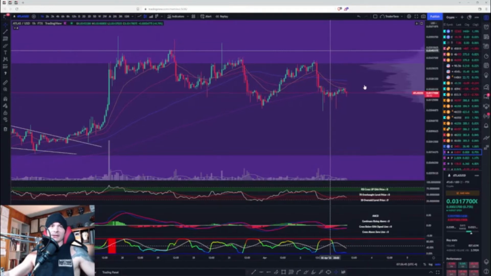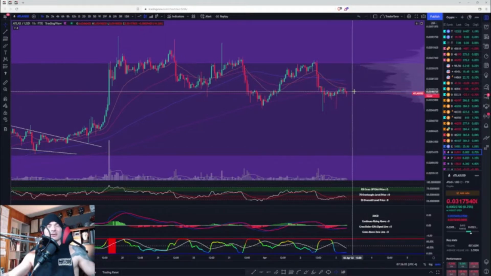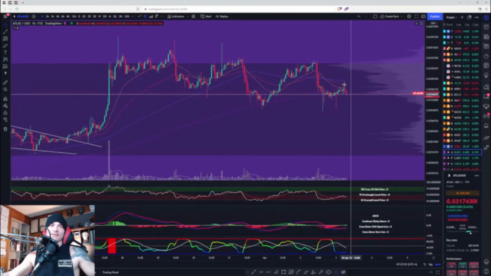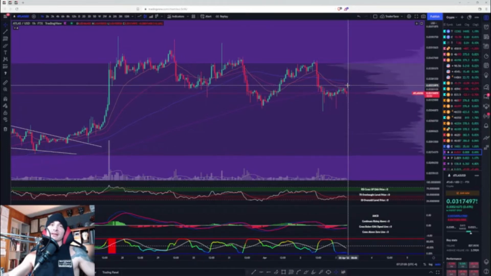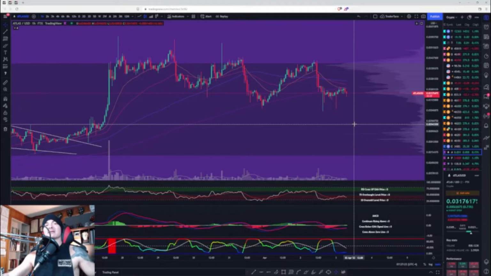Volatility is very low, so I would expect this next move to be pretty big. Honestly, Atlas looks 65% bearish, 35% bullish. So we will find out. If the 50 crosses the 200 and we get a death cross, and these moving averages start to fan out, I could definitely see us coming down to basically 0.0294, so almost 3 cents, which is not going to look good. So we will find out about that.